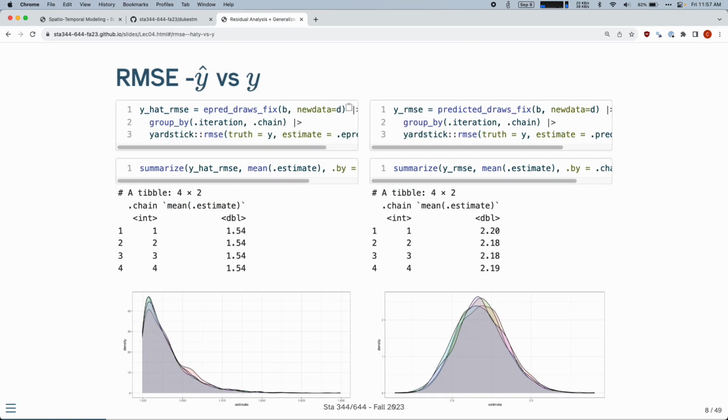RMSE. So again, we calculated the RMSE for the confidence interval, not the prediction interval. In this case, I would not necessarily argue that one is right and one is wrong. They are just different, okay? So the use of RMSE is going to be about comparing model performance. We just want to make sure that when I'm comparing different models, I'm comparing things that are compatible with one another. Note the values are different, the distributions are different, everything is different,